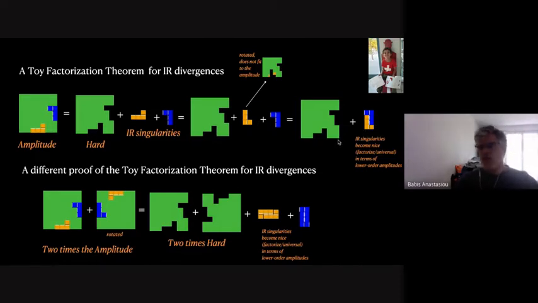So what you would like to do is to turn it around and say, let me take this piece from here, which is nice, and I know it, and it's universal, and subtract it directly from the amplitude. Then I'm guaranteed to get a nice hard function, and a nice remainder of the integrand, which is finite. But let's see what we've done in order to get this nice geometry at the end. We took one of the divergent pieces, this one, and we rotated it. So we made some transformation.